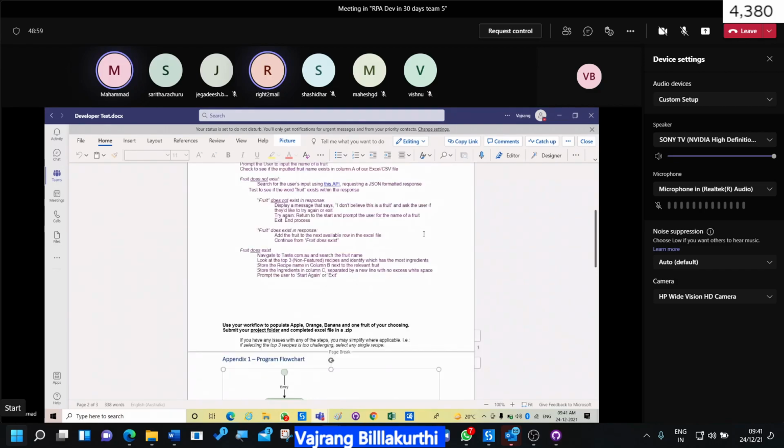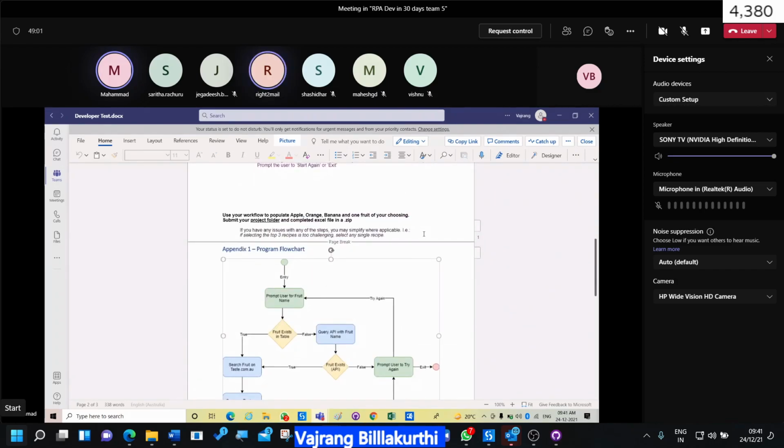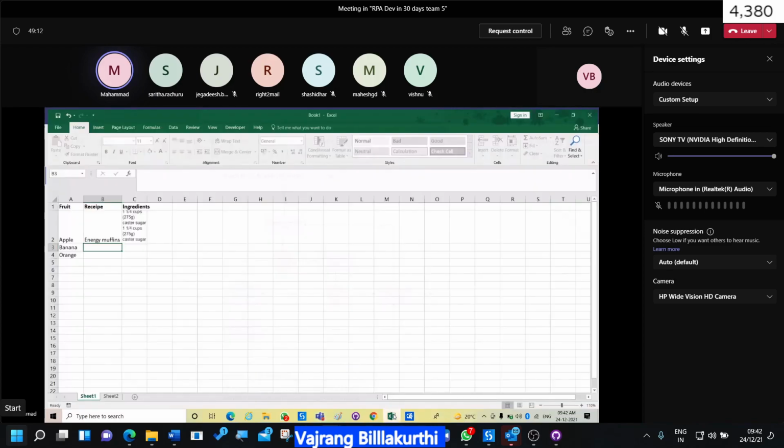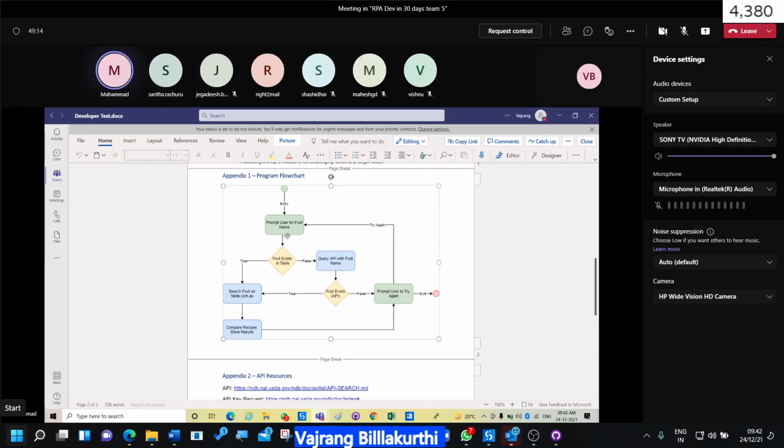No, leave the conditions aside. Yes, I got confused. Okay, now understood. So if a particular fruit is not available in the Excel file, we'll consume the API. If the particular fruit is available, we'll need to check in the tasty.com website.